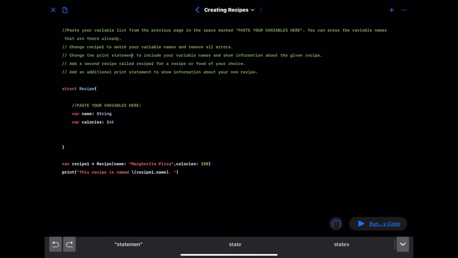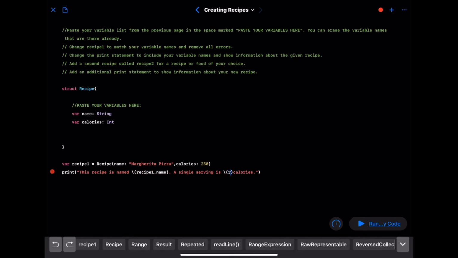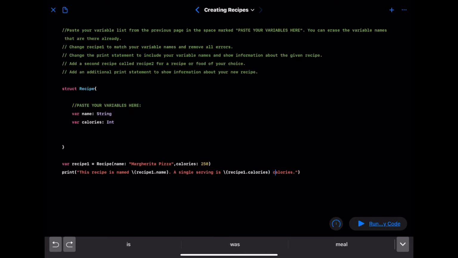It then says to change the print statement to include your variable names and show information about the given recipe. So this already has information about the name, and I'm going to put in that a single serving is, and I want to say that it's a certain number of calories. And I'm going to use this trick, a backslash, and then a pair of parentheses, and I'm going to put in recipe 1 dot calories, and this is going to print out the information about this recipe 1 that I put in there. So if I run the code,